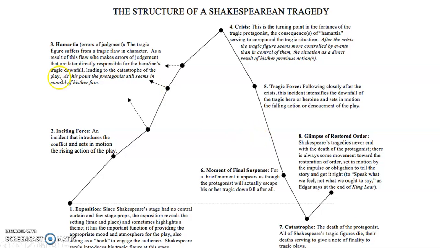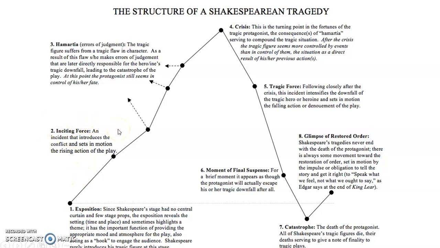With this idea of the tragic flaw and making an error of judgment, you might say that his error of judgment is trusting the witches. You might say that his error of judgment is deciding to kill Duncan. You might say that actually his error of judgment comes after Act 1 in killing Duncan. So you need to decide where you think that hamartia arises, or where the key moment of hamartia is. But also think about how it is being foreshadowed in things like the exposition and the inciting force.